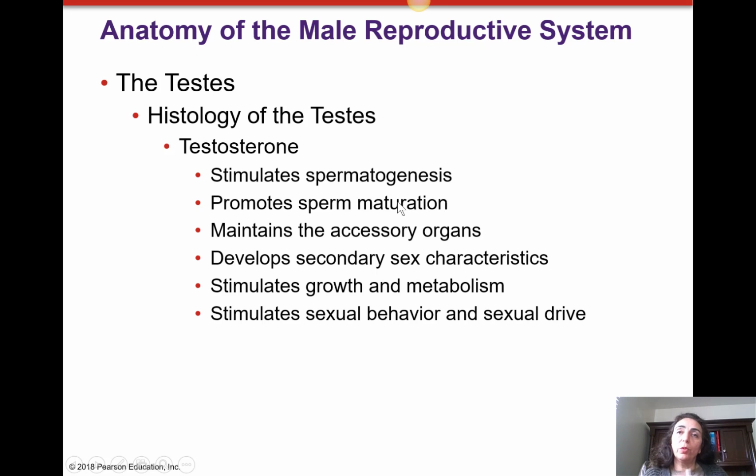The sperm is produced inside of the seminiferous tubule, but later you will see that it is not ready to have its full functions. It needs some maturation time, and that part is also under the promotion of the testosterone. The other function is that it maintains the accessory organs. The accessory organs of the reproductive system are maintained by the testosterone. It also develops the secondary sex characteristics. Those are the ones that we have after puberty, the ones that make a difference between a child